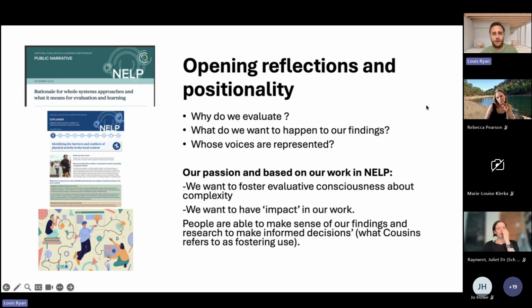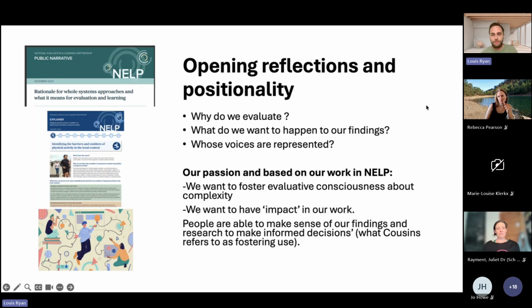What do we want to happen to our findings? So Joe's talked about already having some deliveries to the house. Do we just want to turn up, throw it on people's doorsteps and run away as quick as possible? Or do we want to deconstruct it, make sense of that with people? Do we want to say, okay, this is what's coming out. What's your view? What does this look like for you? How might we use this moving forward?